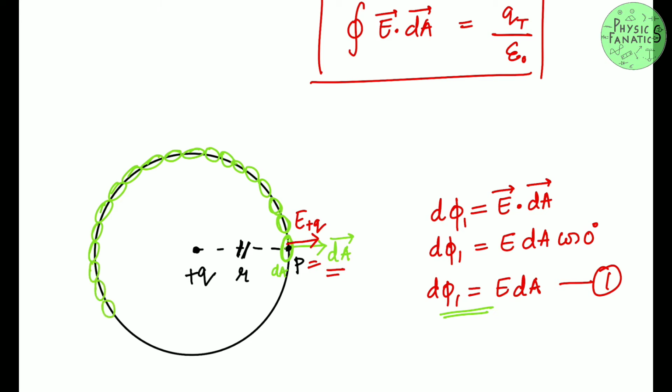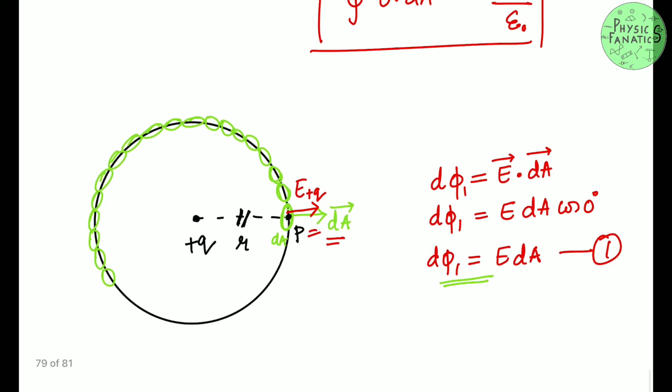You will see I have made only this number of area vectors, but there will be an infinite number of area vectors throughout this sphere, throughout the area of the sphere, right. I hope you guys can see, right. So this is only a 2D figure. You have to look at it in a 3D way. There will be lots and lots of area vectors. I hope you guys can visualize that, right.